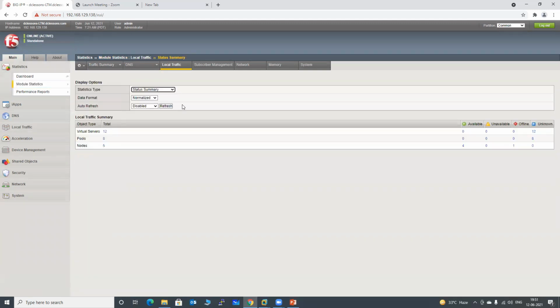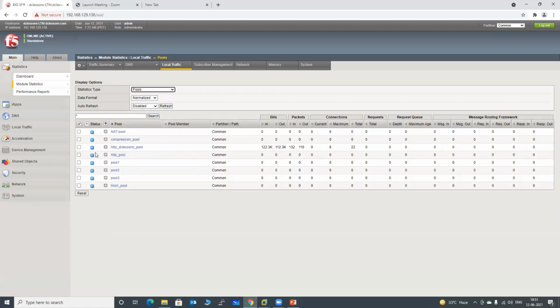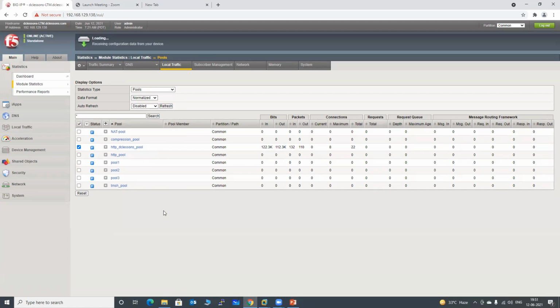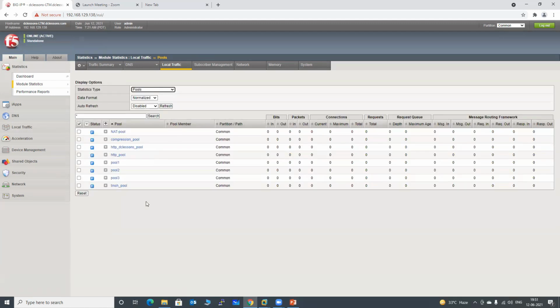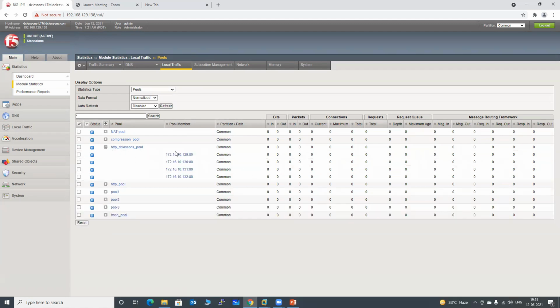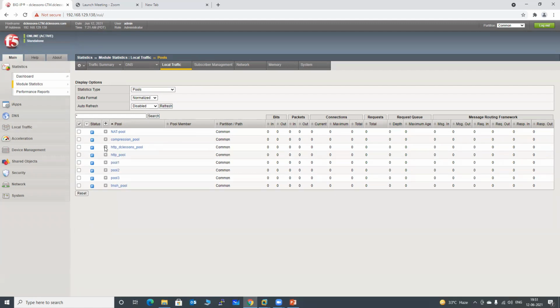Under it, we will select the pool, and here we will select our pool, HTTP DC lessons pool, and then reset it because in the previous lab there was some traffic, so we will reset it. So now there is no traffic observed here, right? If you click plus, then you can see all the pool members are having 0 traffic. Okay,